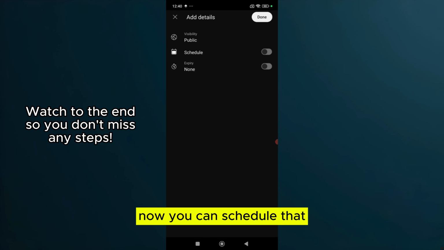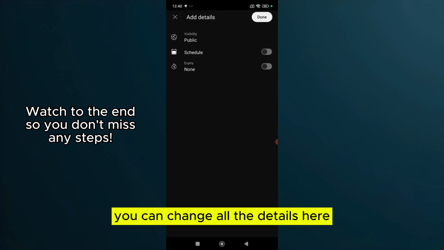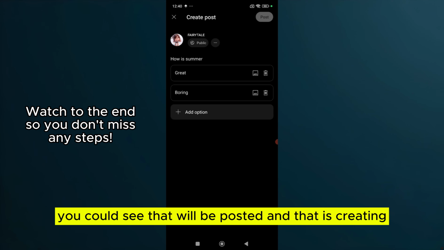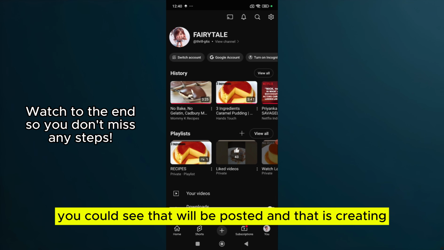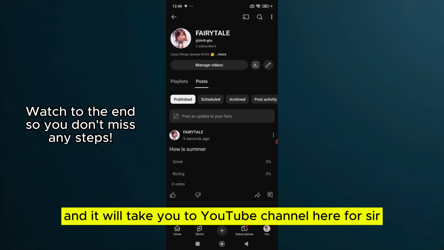Now you can schedule that, you can tap for the expiry for that, or otherwise you can make the visibility as private. You can change all the details here, and you can tap on done like this. Now let's say if you tap on the post like this, you could see that will be posted, and that is creating. Now you can tap on view for that, and it will take you to your YouTube channel here